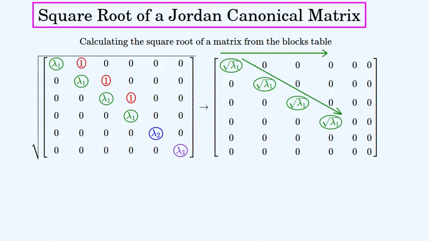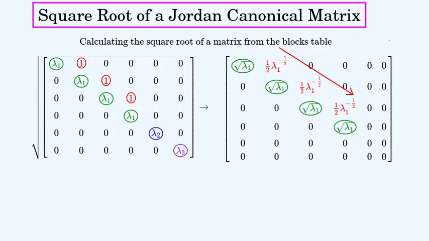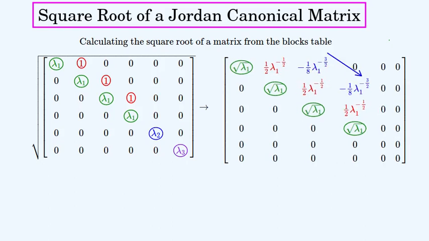The first one moves across the block, and the other one moves down diagonally. In this first stage, we'll fill in the diagonal with the square root. Then we'll fill in the superdiagonal with the first derivative of the square root. Then we'll fill it in with the entry for the second derivative, and we'll have to divide the second derivative